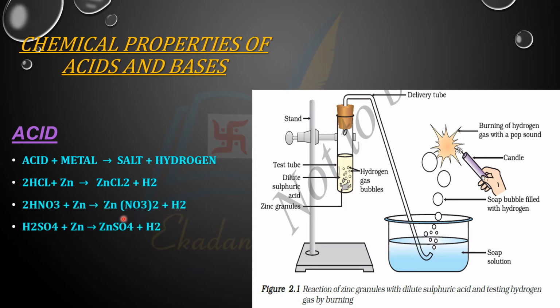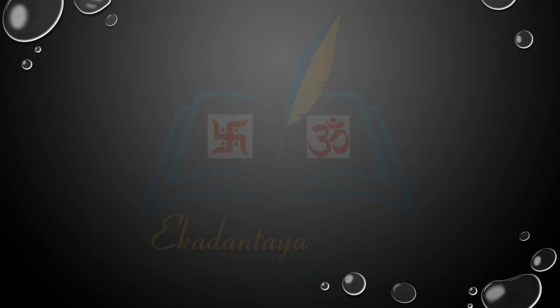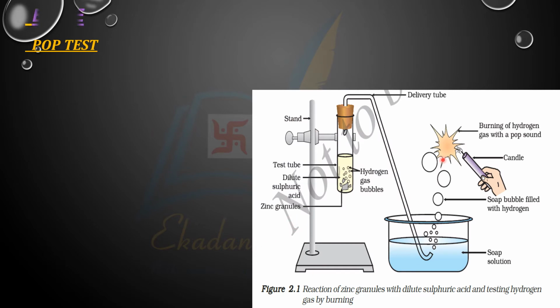Again the same reaction occurs, different with examples. These are only explained in the textbook. These are the other three reactions which are told to find out, but I have given them here. You can see here only ZnCl2. Here HNO3 with Zn, the product is the same. Here H2SO4 gives ZnSO4, H2 is liberated, and CH3COOH plus Zn gives (CH3COO)2Zn plus H2. This reaction takes place.